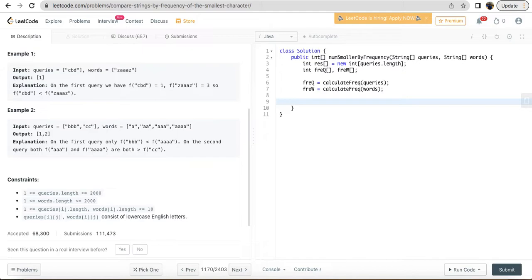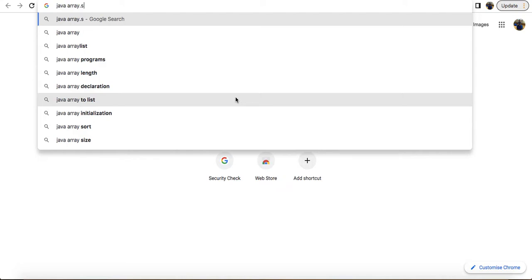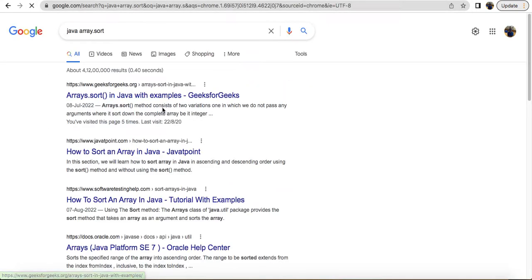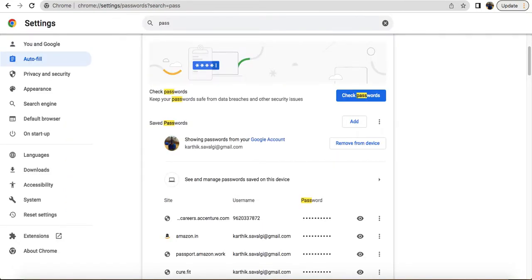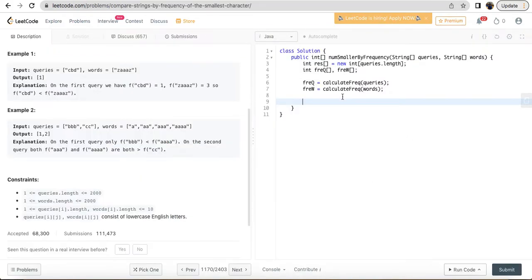Do we have array dot sort? Java Arrays dot sort. Okay, this will be the function. Frequency, Arrays dot sort this one, then we will sort this words also, and then